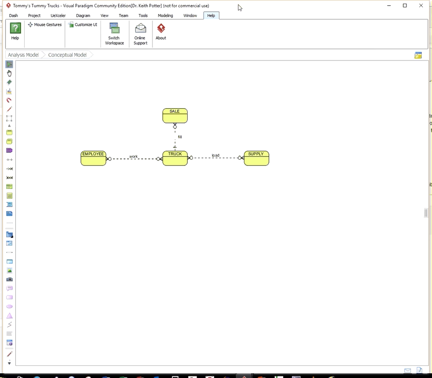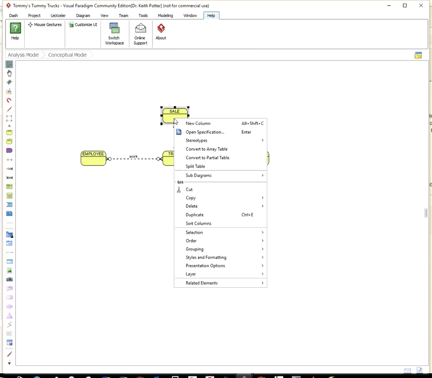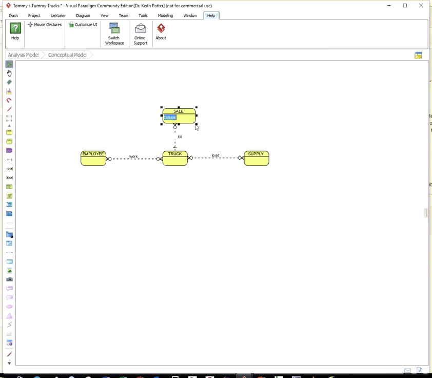Now that we have our initial take on our conceptual model, what we wish to do now is start adding in our attributes. We'll begin by looking at sale. To add a sale, you right-click and select New Column. This is where you're going to now enter the attribute name. It is always a very good idea to include the entity's name in the attribute name so that there becomes